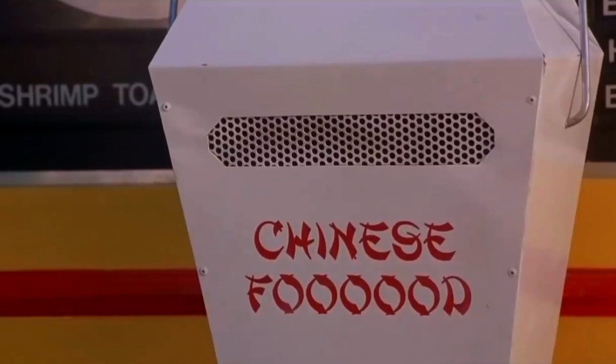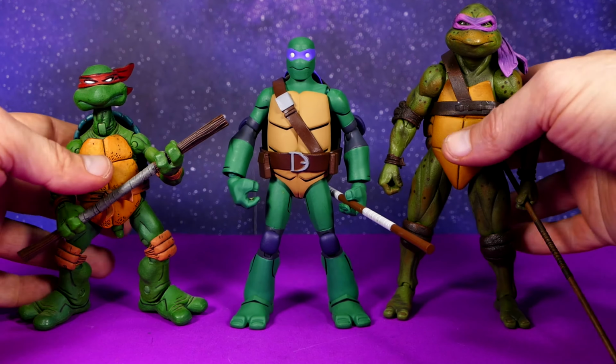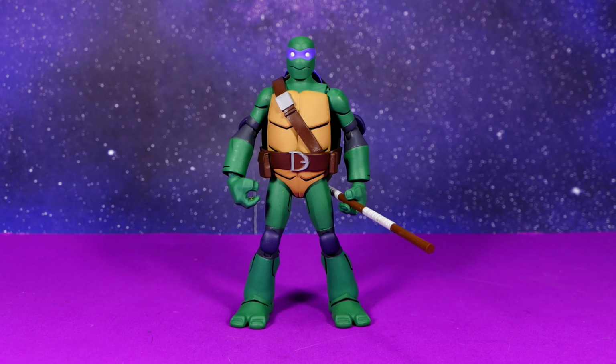Donatello. We have a NECA movie turtle that came in the 4-pack that was a San Diego Comic-Con exclusive a few years back and was oh so hard to get my hands on. And then on the other side, we have a NECA original comic book series Donatello. Dude, NECA does such a good job with their turtles. And that about wraps up our look at Donatello, so let's bring in